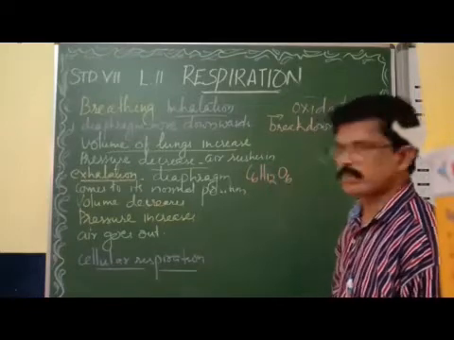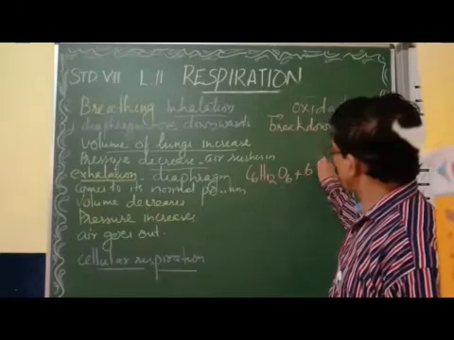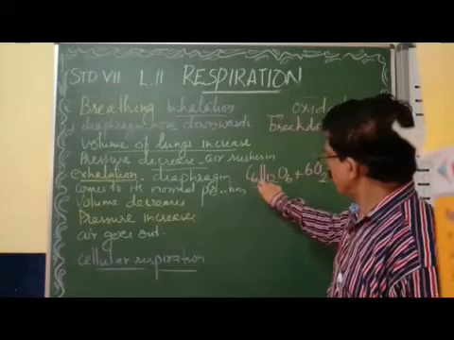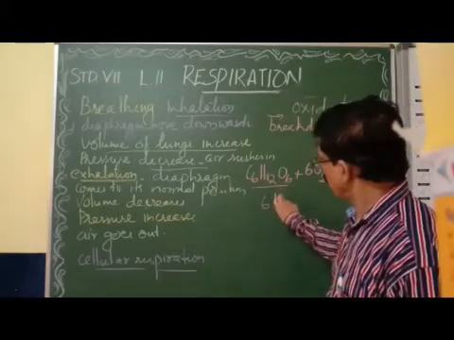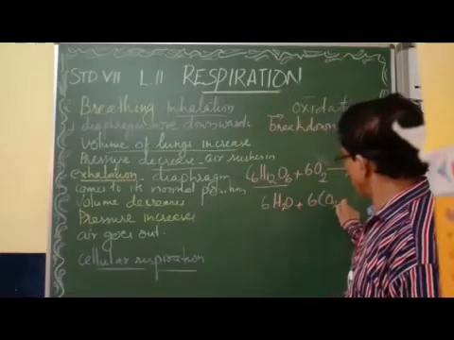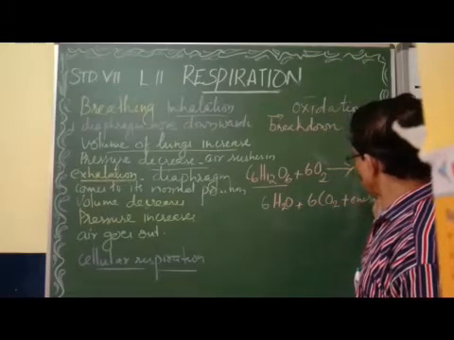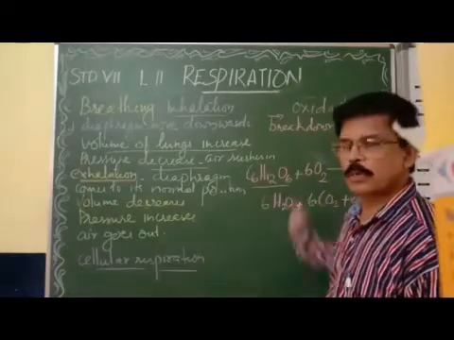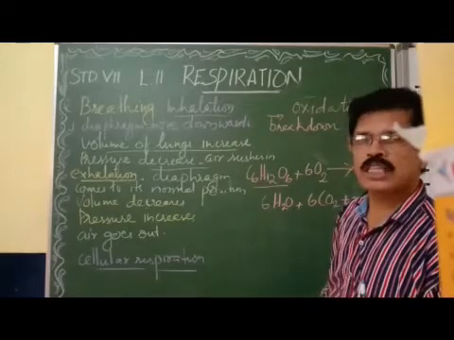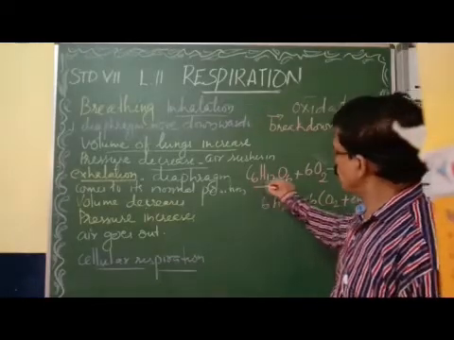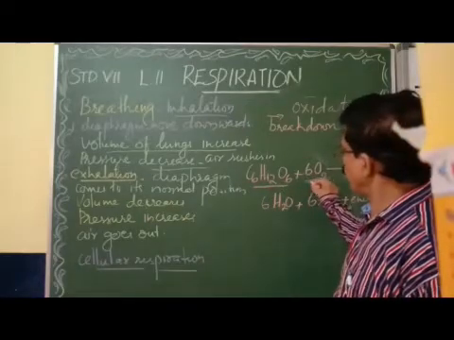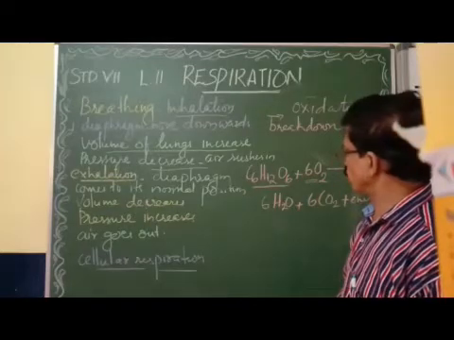C6H12O6. It needs 6 oxygen molecules, as I have written earlier. Now it will break down into 6 carbon dioxide, 6 water and energy. Together we call this cellular respiration, or breakdown or oxidation of glucose. Now, glucose formula you have studied, C6H12O6. So, how many molecules of oxygen are required? 6 molecules of oxygen are required.